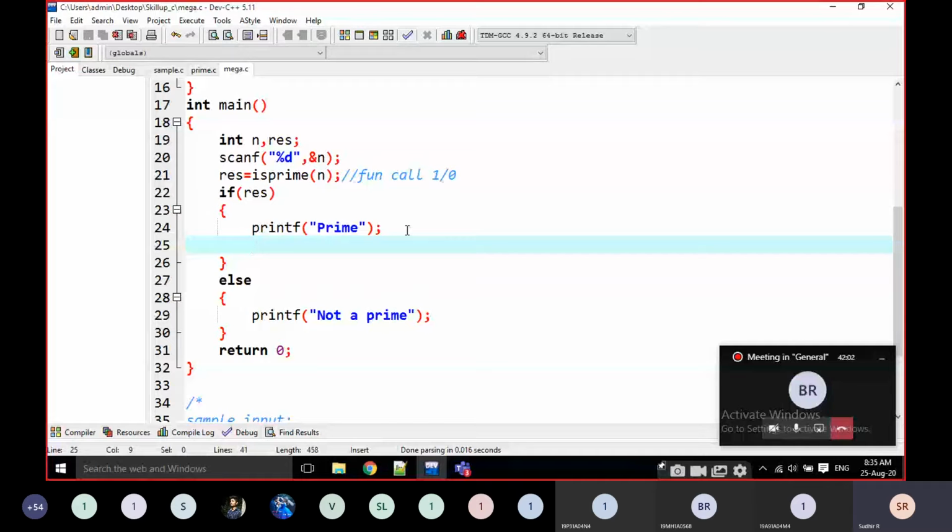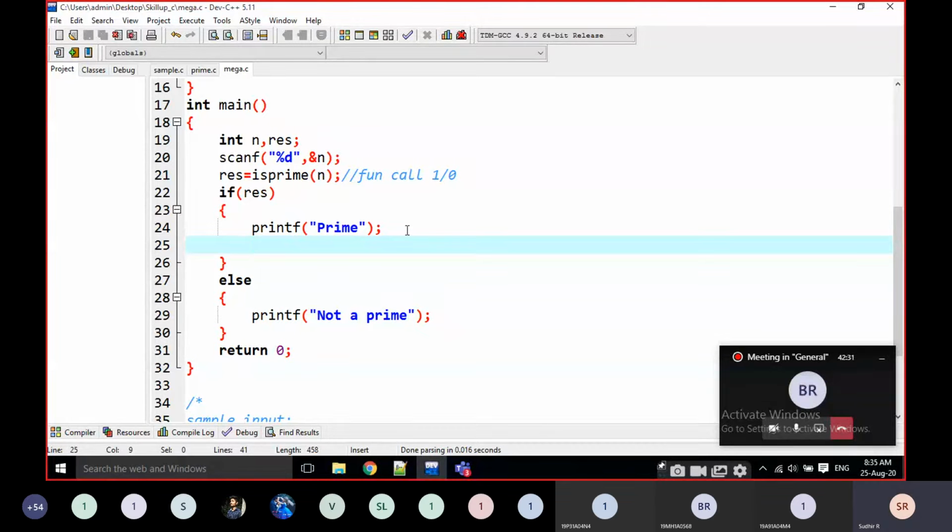Don't consider that number as a mega prime. First of all, it must be a prime, then only we check whether it is a mega prime or not. That's why I am writing the logic inside the prime condition. If it is a prime, then only we check whether each individual digit of that number is a prime or not.